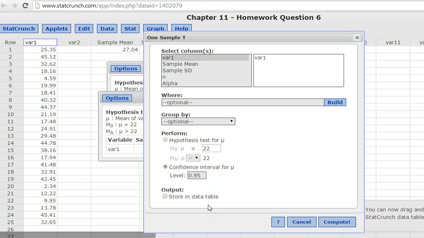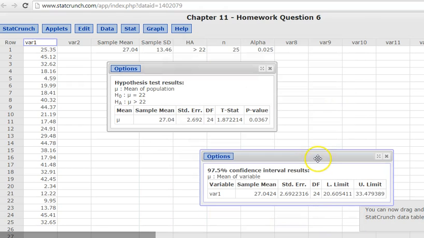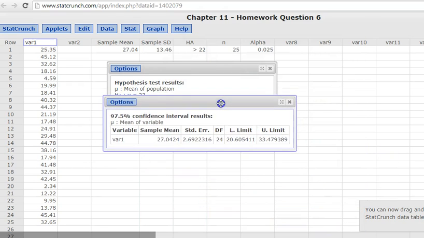We know alpha is 0.025. The confidence level is 1 minus alpha, so 0.975. So we click Compute, and we see that our confidence interval has a lower limit of 20.61 and an upper limit of